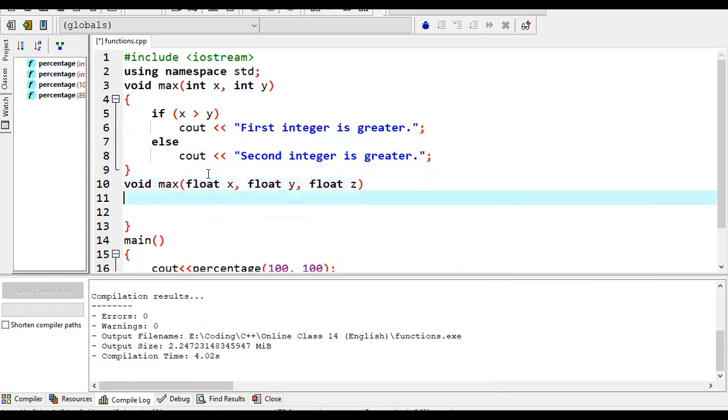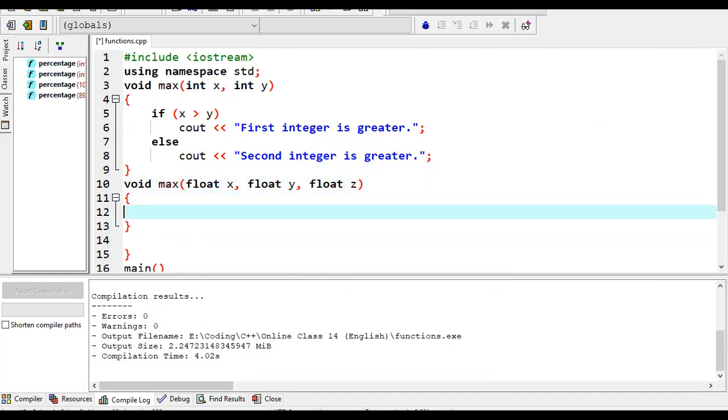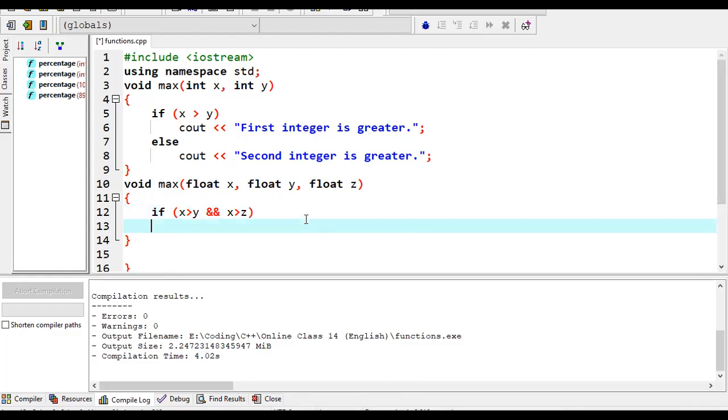That's it. It's going to accept three floating values. Now it has to find out which one is greatest. So if x is greater than y and x is also greater than z, tell the user